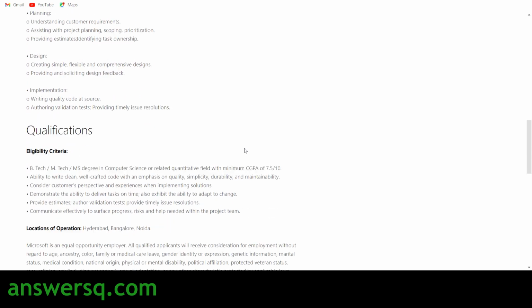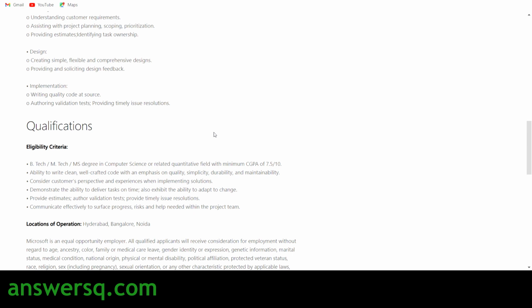And here are the qualifications that you need to apply to this software engineer internship at Microsoft. So B.Tech, ME, M.Tech, MS degree in computer science or any related field with minimum CGPA of 7.5 out of 10 is required to apply for this internship. Only if you fill this criteria, apply to the program, and you should have the ability to write clean, well-crafted code, and you should be able to consider customers' perspective and experiences when implementing solutions,